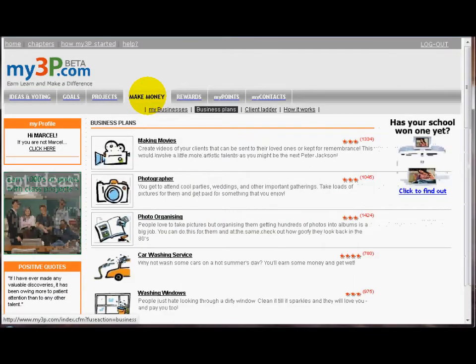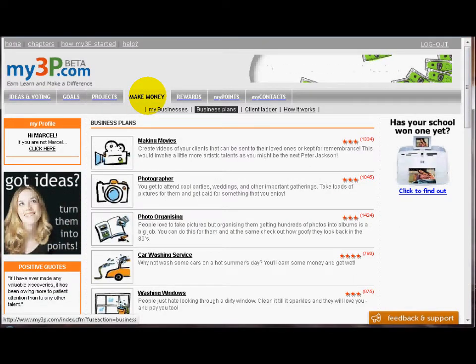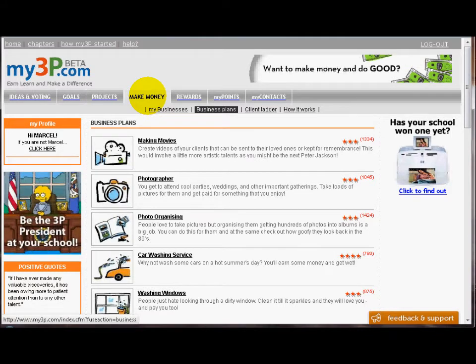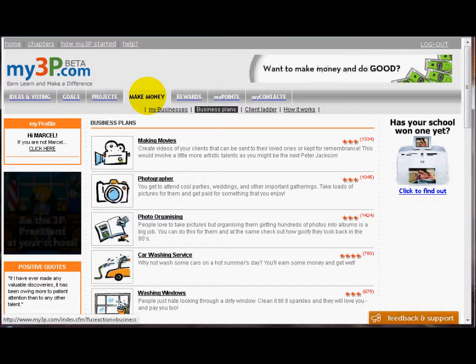The make money section is where we've listed all the business templates. This is where users could look at a business template and run one of the businesses, and this is not going to change that much. We might add a few wikis. Right now we write the one-page business plan. They can add their clients and transactions. There's not going to be a lot of change with this.